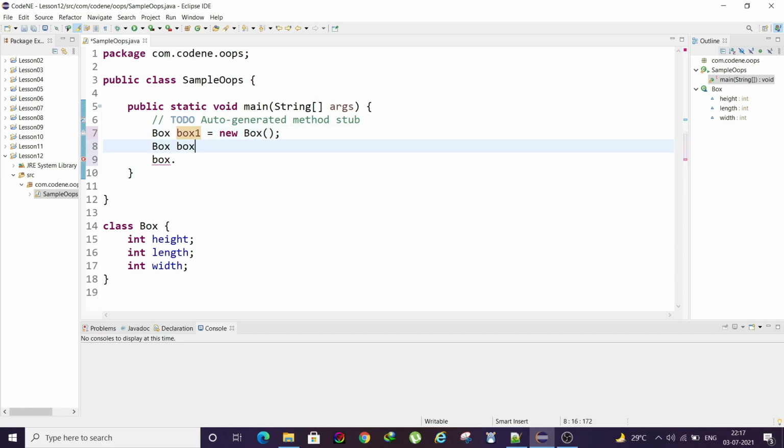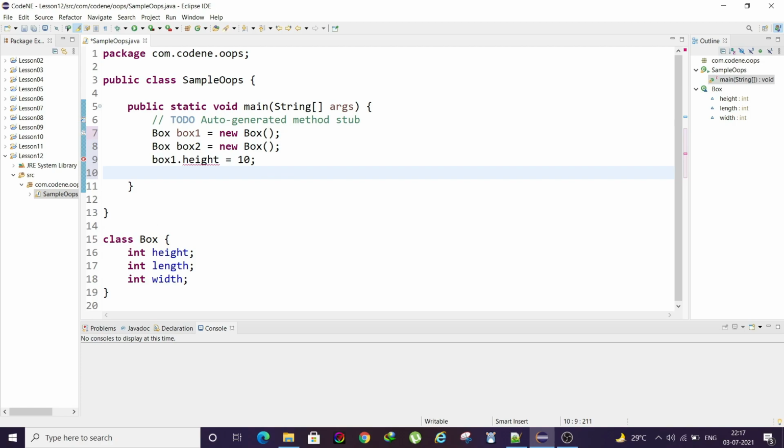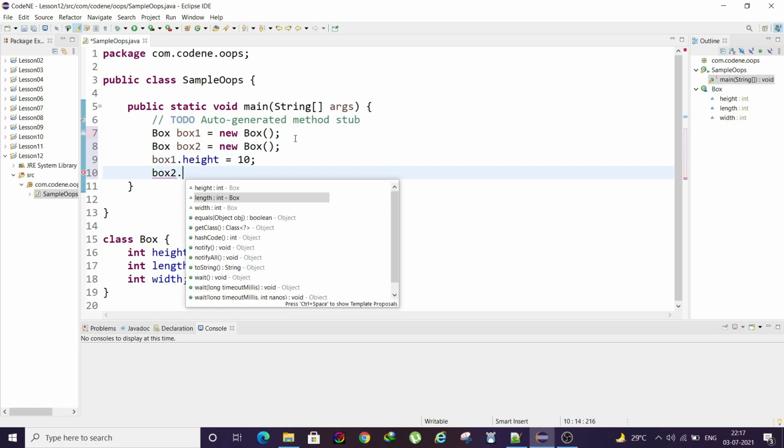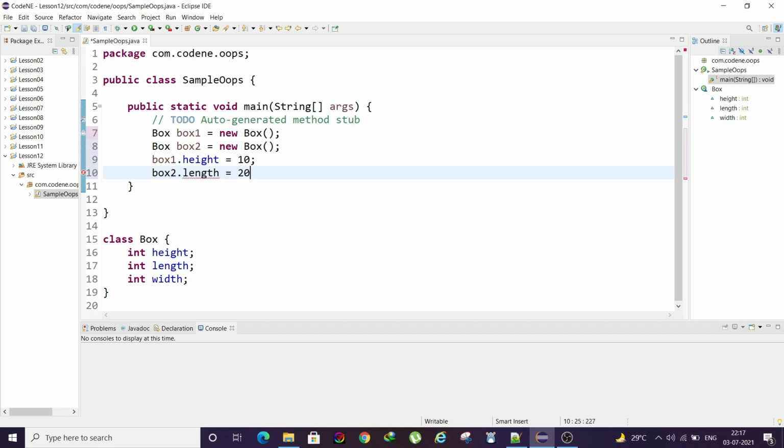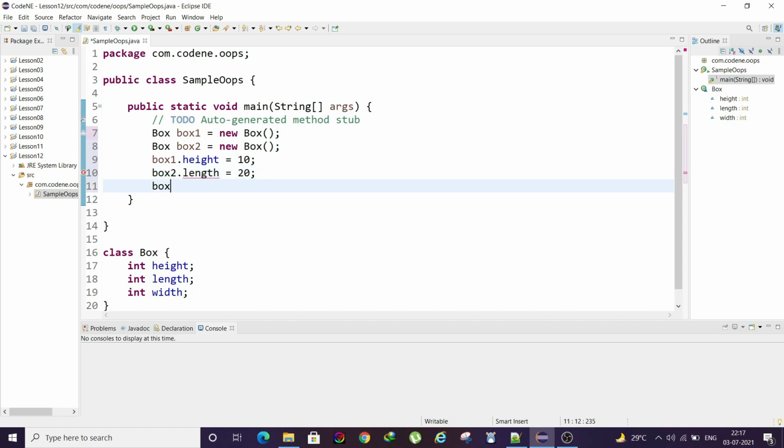So let's name it box1 for now, and then we'll declare another object, box2 equals new Box. So this is the syntax of how you can declare your object, right? Height, let's say 10, then box2 dot length equals 20. First I will declare for the first one: width equals 30.